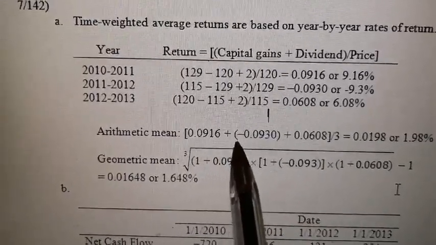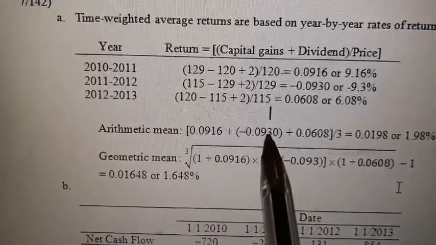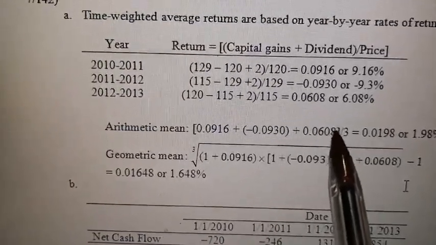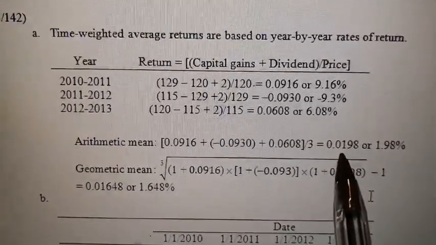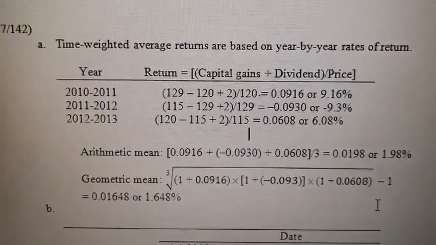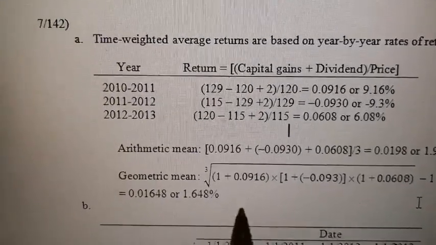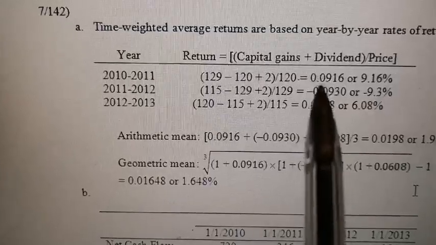So 0.0916 plus 0.0930 plus 0.0608 over 3, and the answer is 0.0198 or 1.98%. As for the geometric mean, it is the third radical, since we have 3 years, into 1 plus first